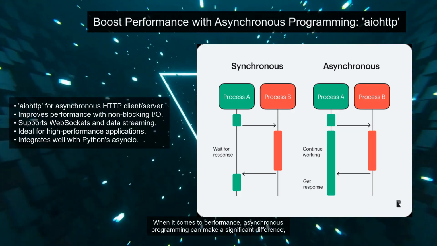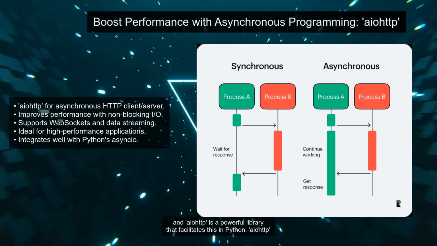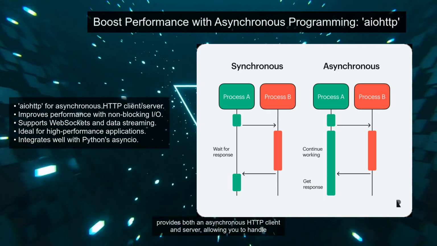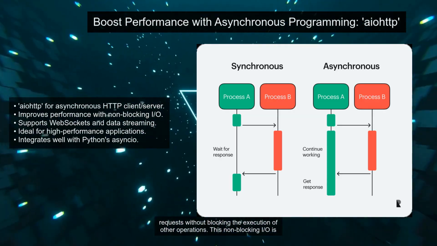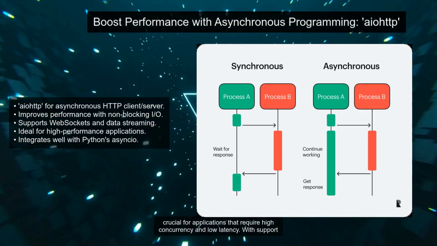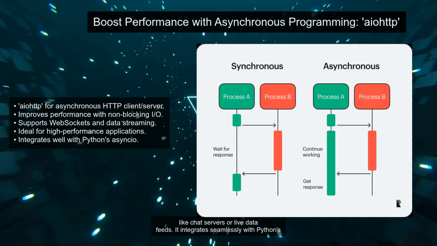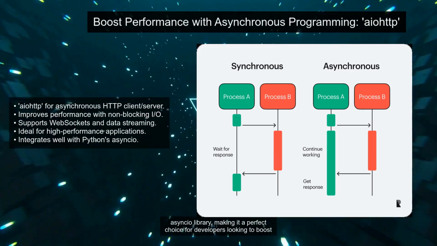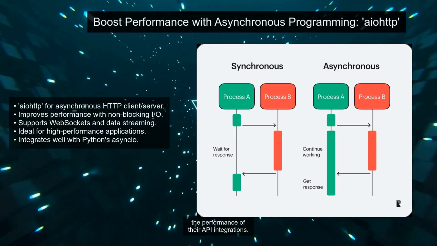When it comes to performance, asynchronous programming can make a significant difference, and aiohttp is a powerful library that facilitates this in Python. aiohttp provides both an asynchronous HTTP client and server, allowing you to handle requests without blocking the execution of other operations. This non-blocking I/O is crucial for applications that require high concurrency and low latency. With support for WebSockets and data streaming, aiohttp is ideal for building real-time applications like chat servers or live data feeds. It integrates seamlessly with Python's asyncio library, making it a perfect choice for developers looking to boost the performance